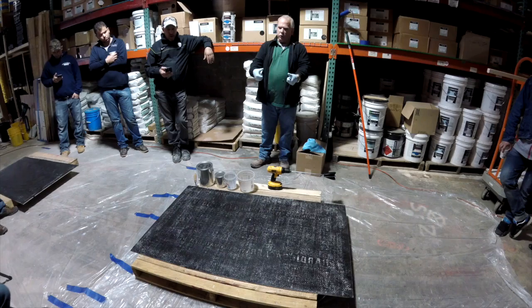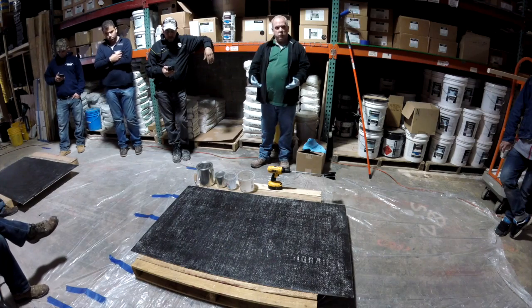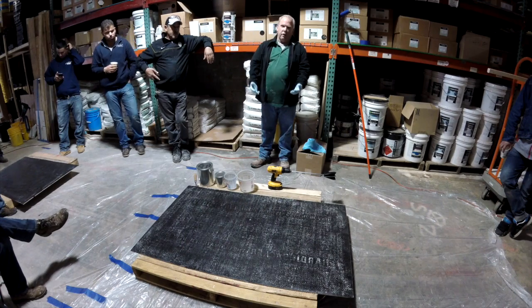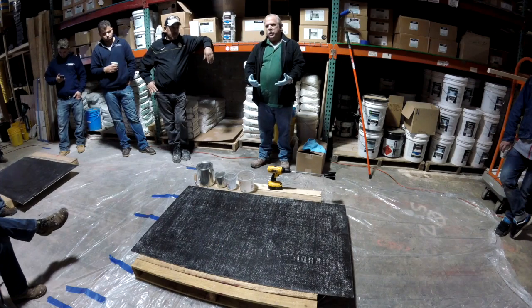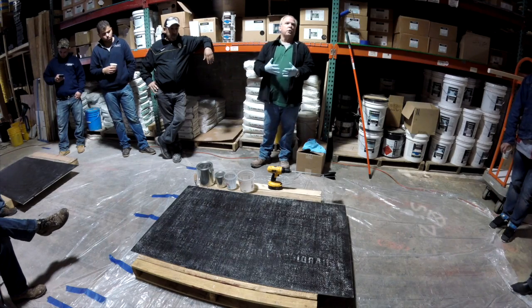And you can take your fingers and pop it like a pimple and moisture comes up out of it. That epoxy stops that water. Remember that concrete's a living, breathing animal. It's constantly taking in moisture, it's releasing moisture. I don't care if it's a 60-year-old slab, it's still doing that, it's still taking all that in. So with epoxy, you can get bit in the butt like that real quick if you're not doing those calcium chloride